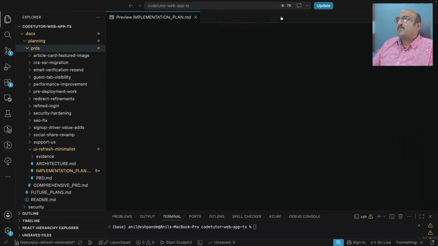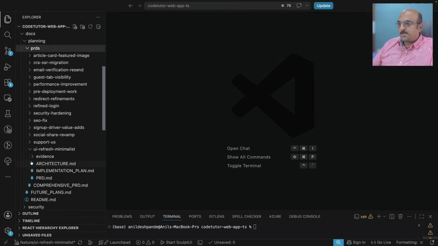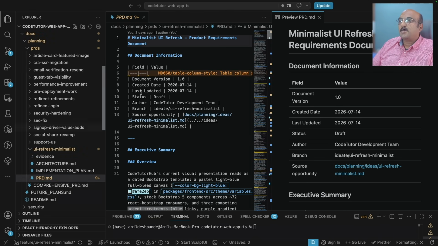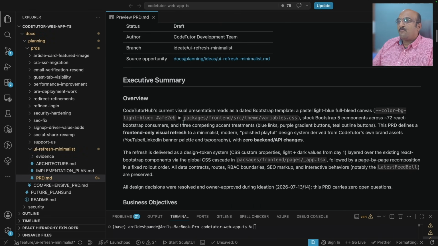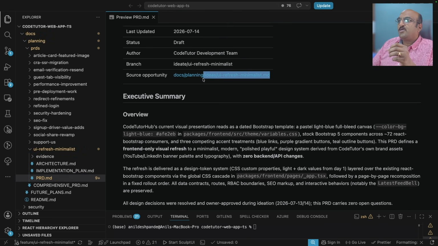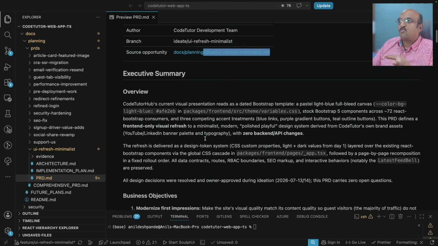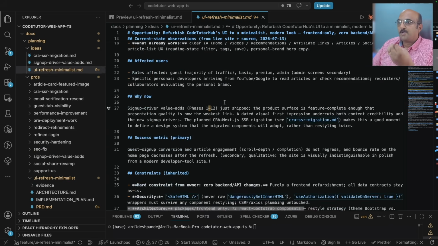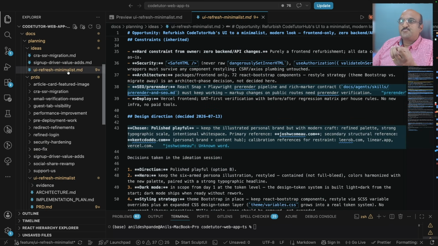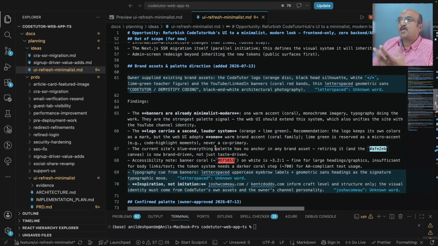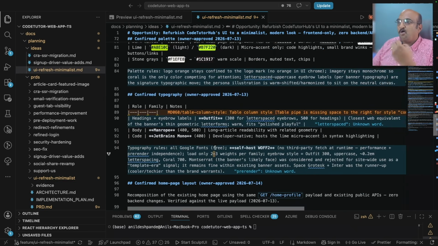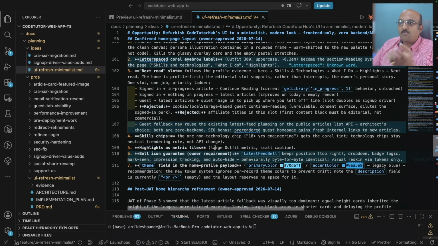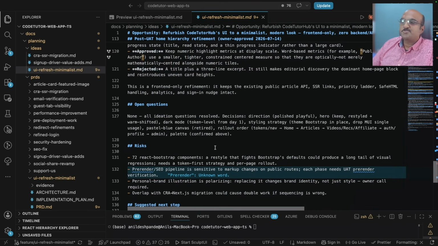So how does it actually look? If you come here, whenever I get started with development, the first thing I do is build a PRD. For the refreshing of the UI, I have created my own PRD here. First, I capture the idea of what I want to build, that is this particular thing. In essence, this is a distilled version of all the ideas I have on how I want to implement this UI refurbishment of my website.